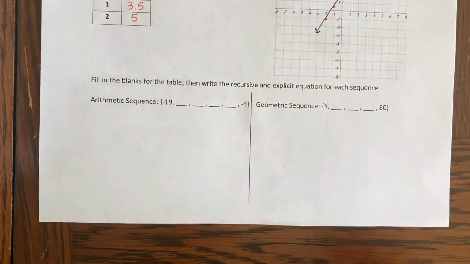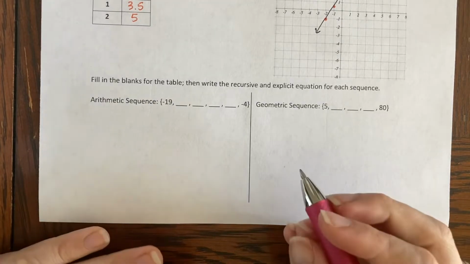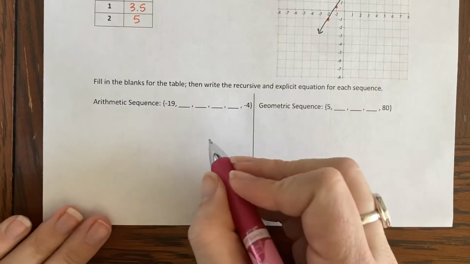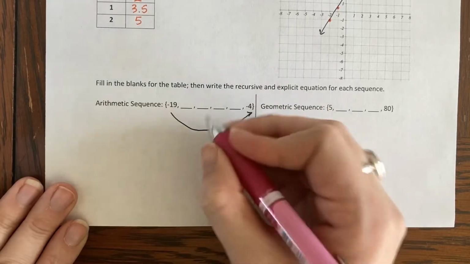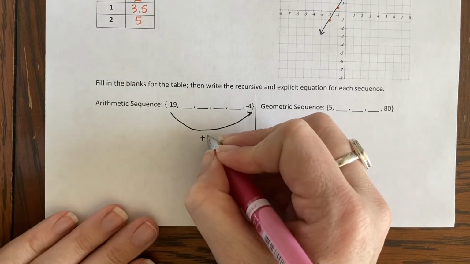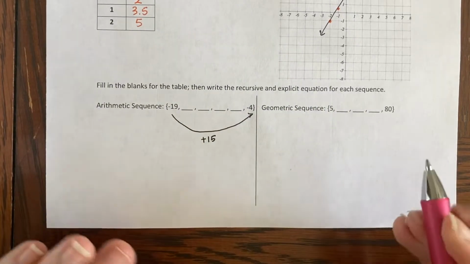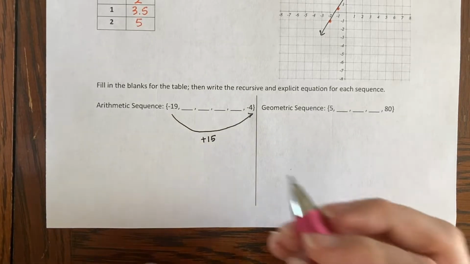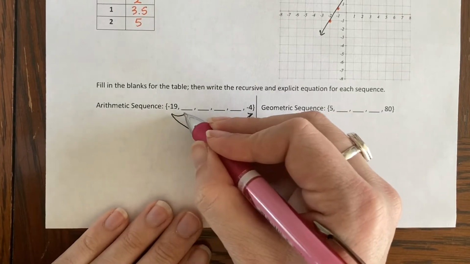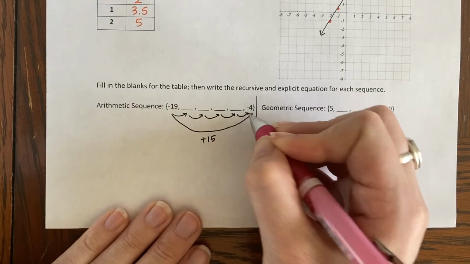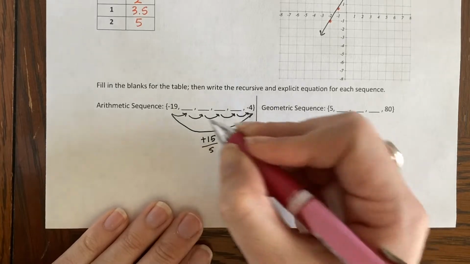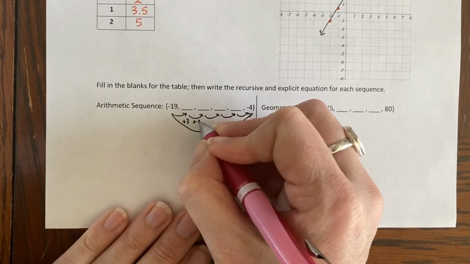Our second part for review is filling in the blanks of a table, recursive explicit equations for each sequence. For arithmetic, that means I'm adding. To get -19 to go to -4, I'm adding 15. I then need to divide that by 1, 2, 3, 4, 5 jumps, which means I'm adding 3